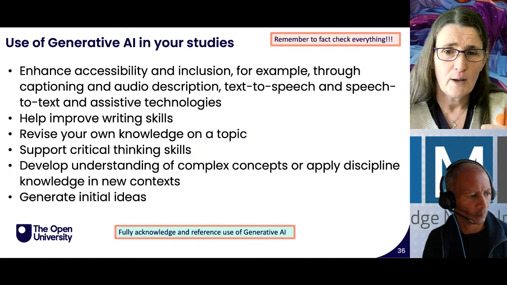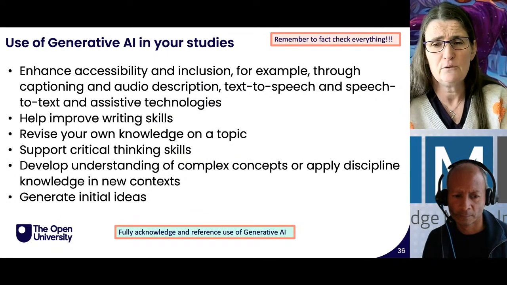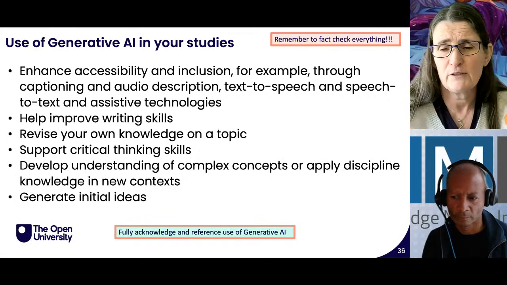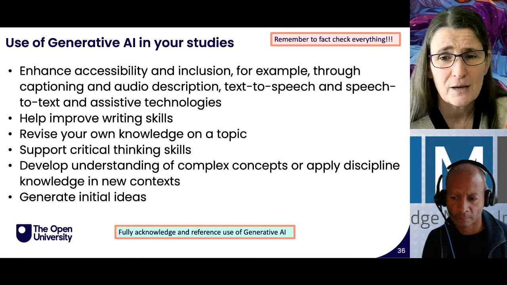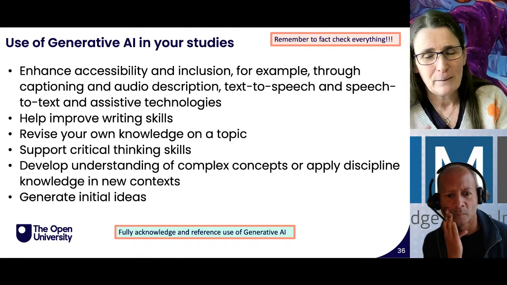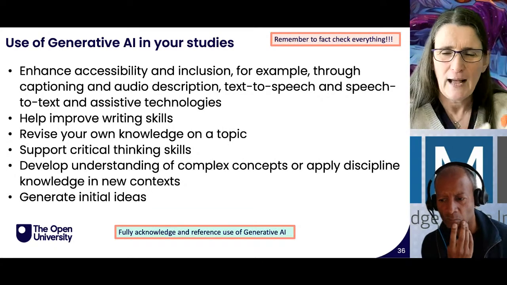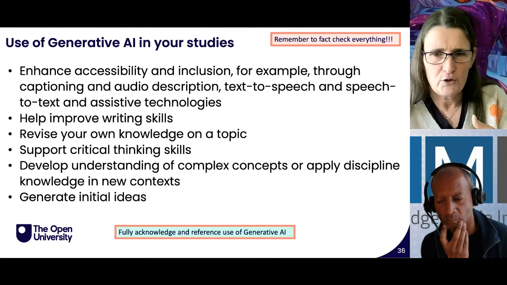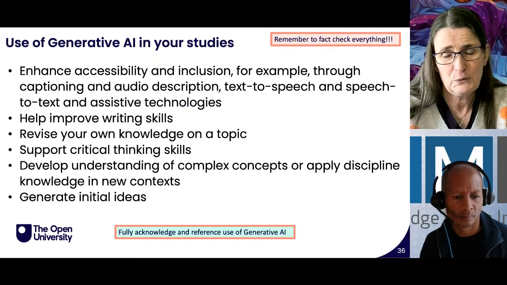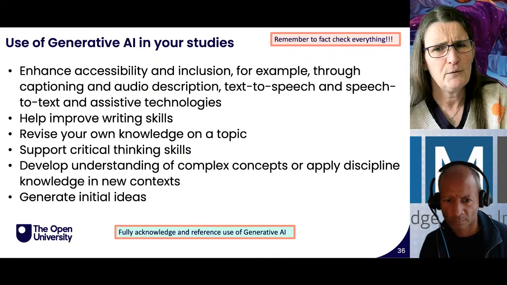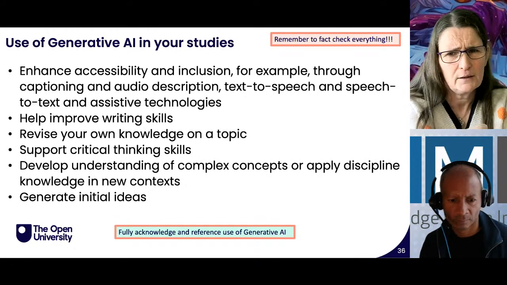Or it might be that you have a conversation with a generative AI tool. You might ask, what is the correlation between poverty and happiness? Okay, that probably was a very social science type question. That's my background. But the point is, the machine might say, well, what do you mean by poverty? So then you have to think about, well, what actually is poverty, and so forth. And you can have that critical interaction with the machine. Or when it spits out the answer to you, you might think, I don't think I've got my prompt quite right, because I don't think that's quite right. So again, you're always critically thinking and analyzing.